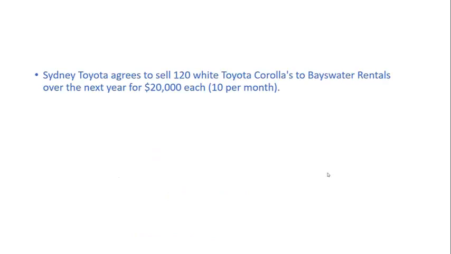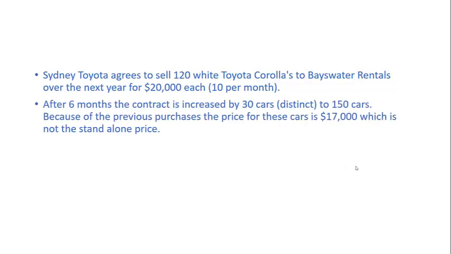In terms of thinking about how this becomes more problematic, let's start off with the same fact situation. We have 120 cars, $20,000 each, 10 cars per month over the course of a year. After 6 months, the contract is modified and is increased by 30 cars again to 150 cars, so an extra 5 cars per month. But the difference here is that the cars are being sold at $17,000 each, which is